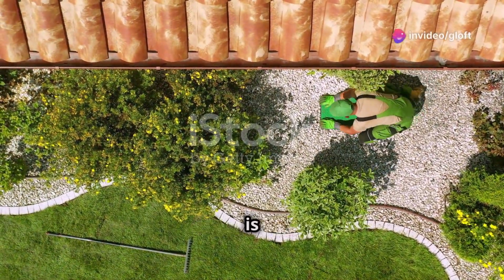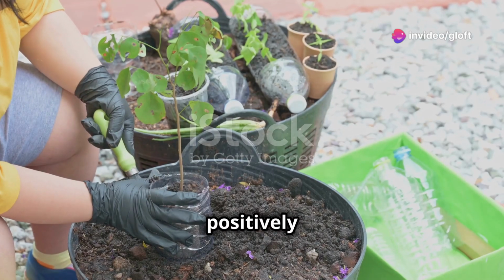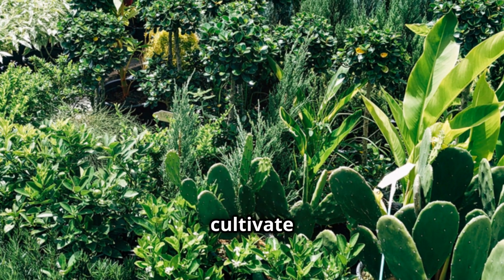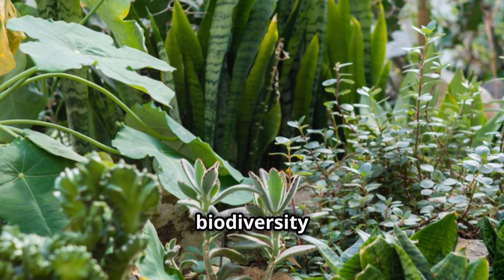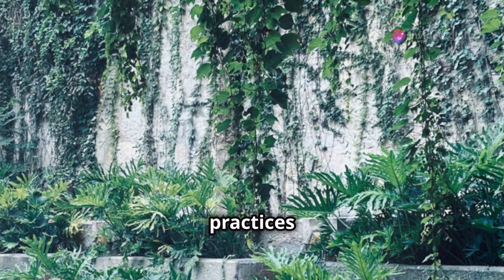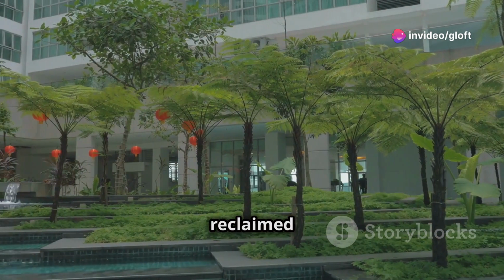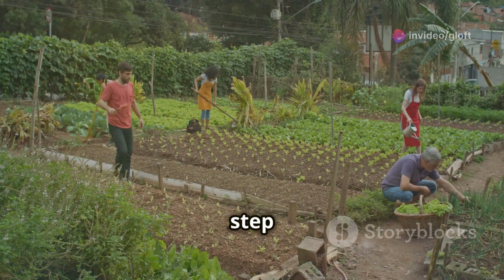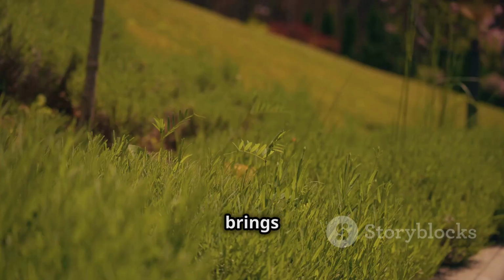Creating a sustainable garden is a rewarding journey that contributes positively to the environment. By following these steps, you can cultivate a thriving space that supports biodiversity and conserves resources. What sustainable gardening practices do you plan to try? From using reclaimed materials to fostering biodiversity and conserving water, each step we take towards sustainable gardening brings us closer